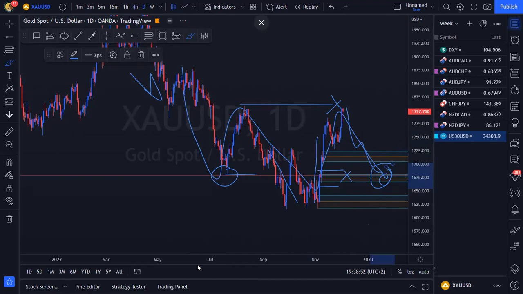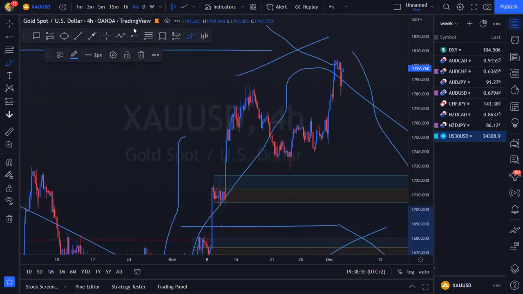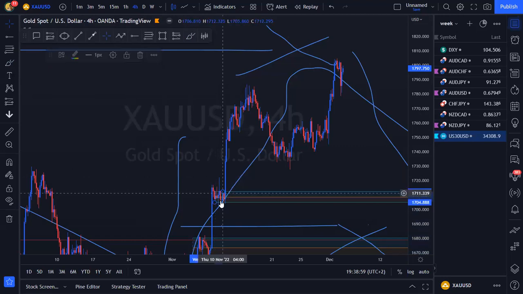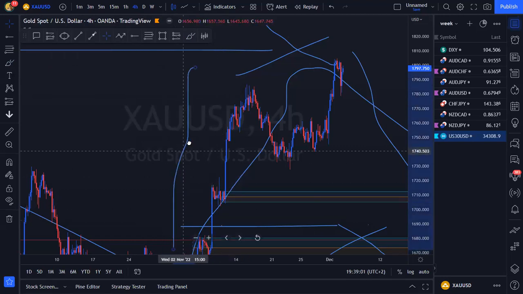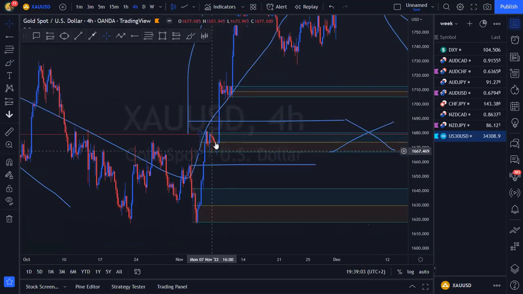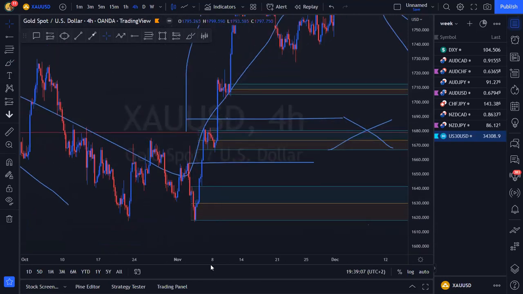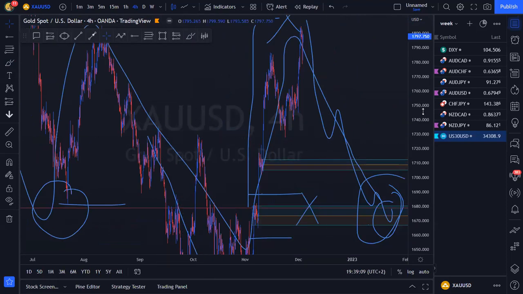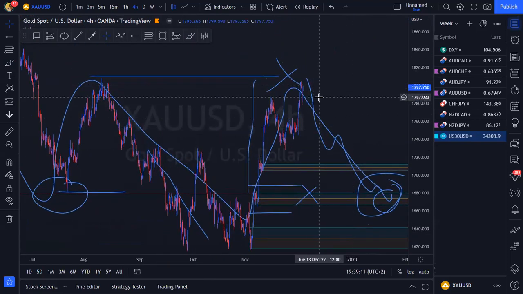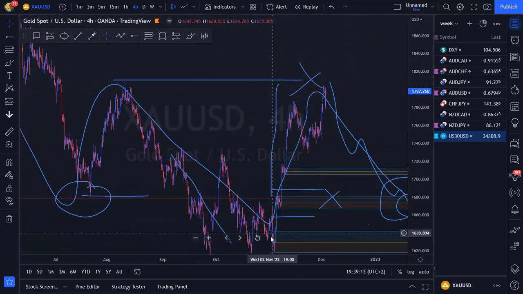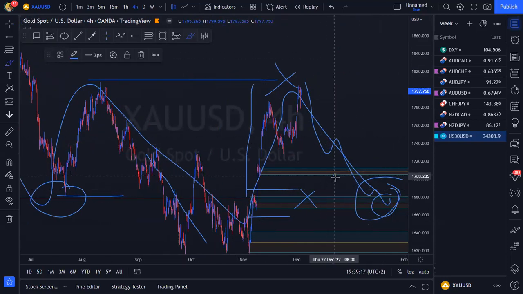Dropping down onto a 4 hour, do we find any areas of momentum shift? There's an area of momentum shift over here. Obviously, we can refine this structure from over there to just there. There is no area of momentum shift over there, so we can't refine it there. So now I know that the first place I want to look for any buying continuation, to involve myself with all of these buyers, the first area of probabilities is here.